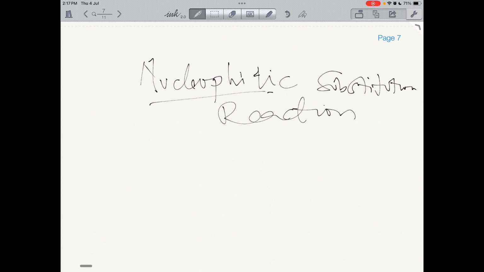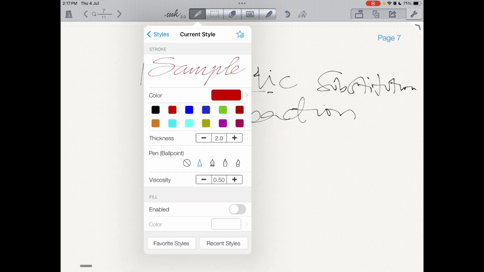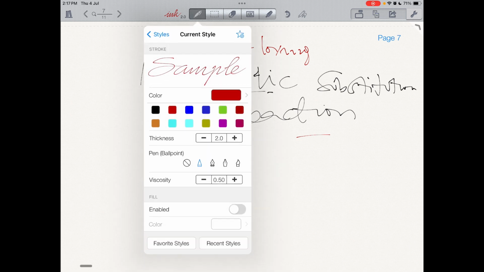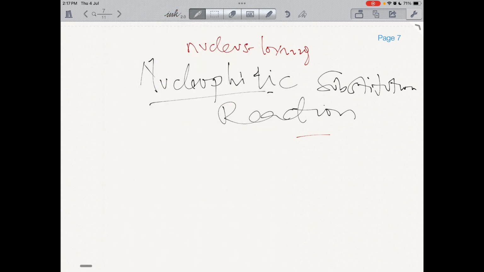Nucleophilic means nucleus loving. I'd like us to remind ourselves of that. And then substitution means something is coming to displace another species from a substrate, and of course, you know what a chemical reaction means. So as we proceed, it's also important to note examples of